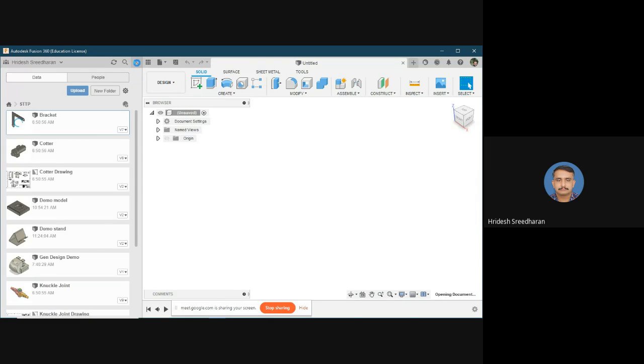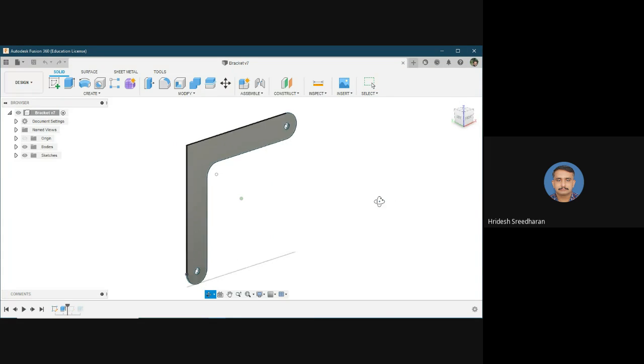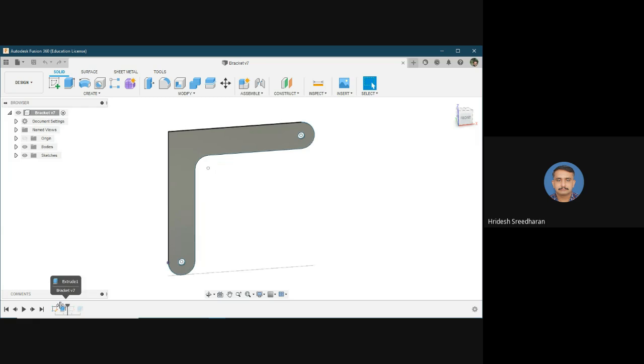In order to save our time, since we have only 2.5 hours to complete this, I have already modeled the part, and the basics of modeling we have dealt with in our forenoon session. So it won't be much of an issue. It's just a sketch. If you want to, you can just go through the history bar.